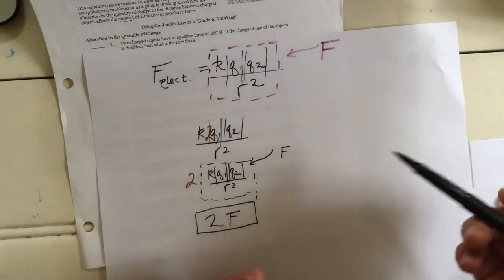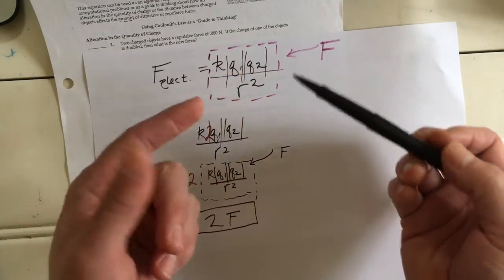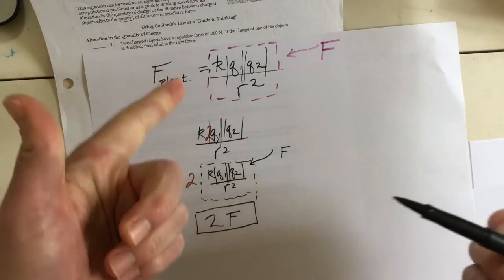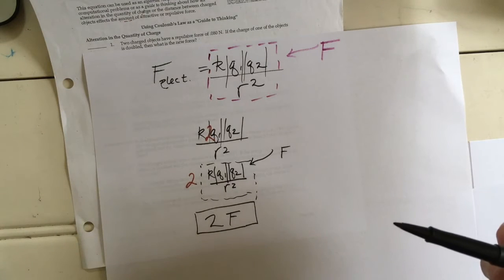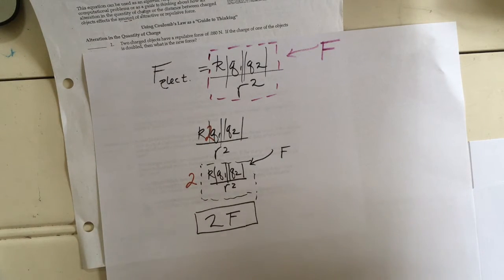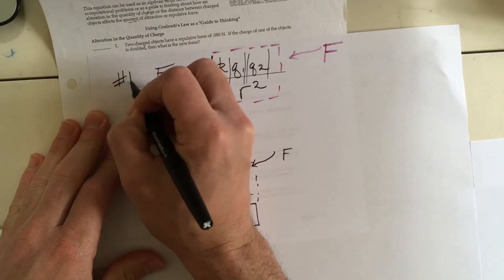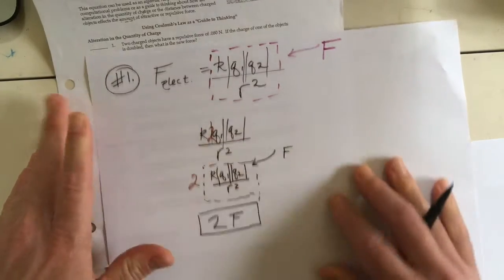So by having more charge between two charges, the force of attraction or repulsion, in this case the repelling force, is twice as strong. And it's a Newton's third law force, so the force on one of the charges is equal and opposite to the force on the other, even though one of the charges has twice the strength of charge. Okay, so that was number 1. Let's go ahead and look at